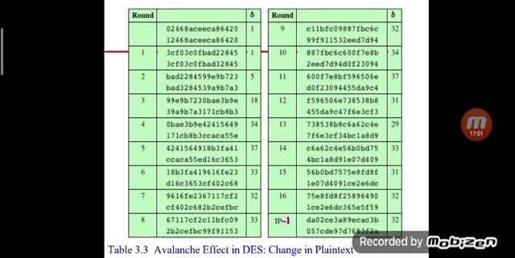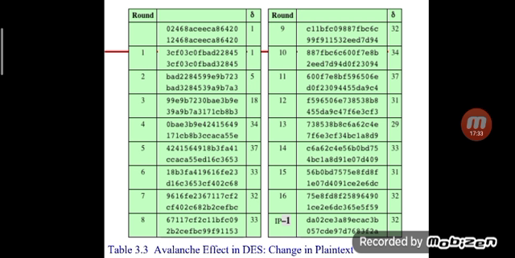If we change one bit, in the first round we get a change in the ciphertext of 1. In the second round we get a change of 5. In the third round we get a change of 18. Likewise for the 4th, 5th, 6th, up to 16. And after performing the inverse initial permutation, finally we got a change in 32 bits.